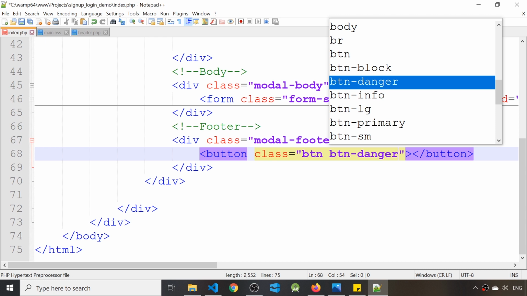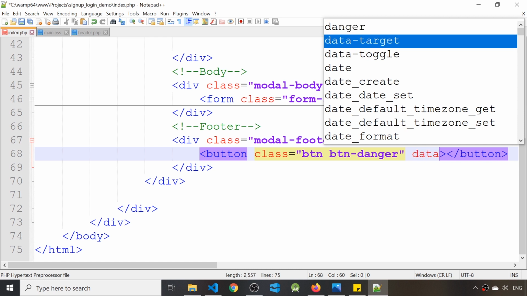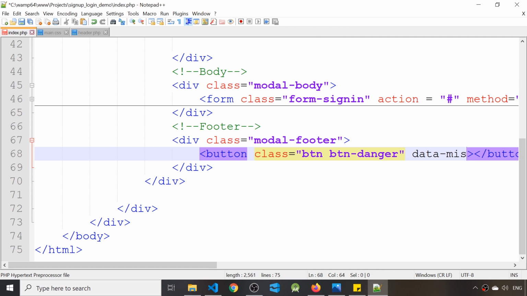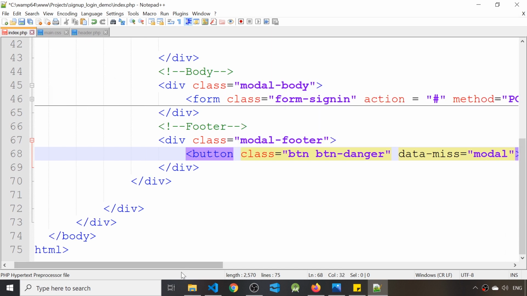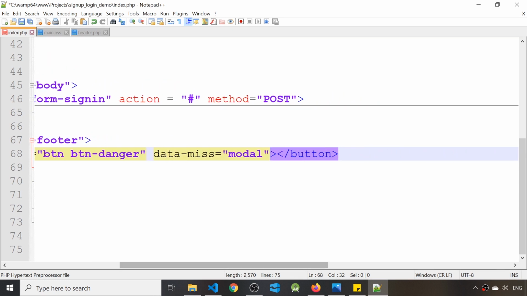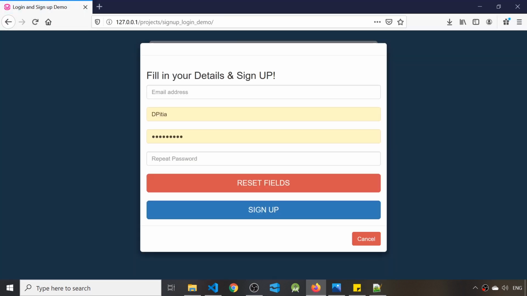What else? We need to dismiss this, so you need to say data-dismiss equals, inside here you say modal, so we're dismissing this modal, so that if we click, okay, for the time being we shall just write here cancel. Control save. If it doesn't work, it means we're not successful. Okay, here it's cancel,